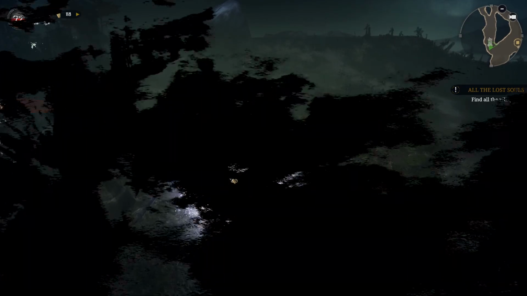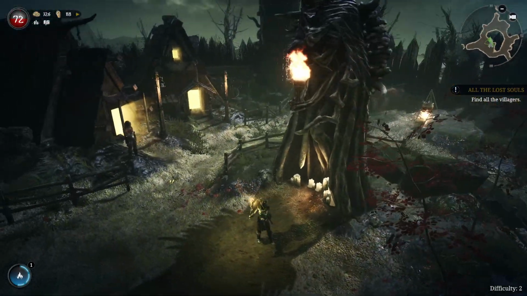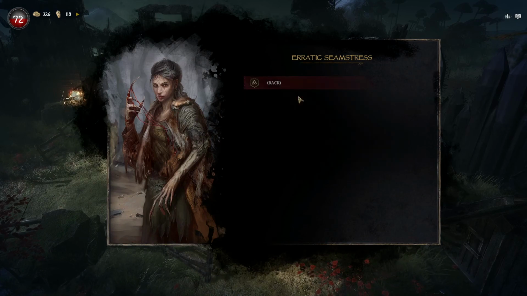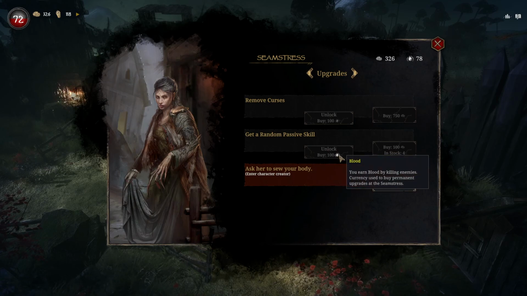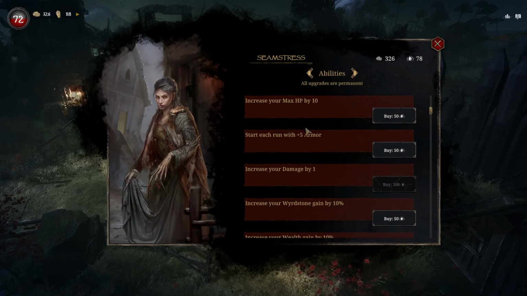And back to the village. Probably go talk to everyone. I think we've made some progress with silence. Do we have enough blood for a seamstress upgrade? Nothing to talk about. We do have enough blood for a seamstress upgrade. Nothing over there. We have to unlock it with 100. Remove curses. Okay. So that's how we would do it, but it does cost 750 gold, which we don't have anyways, so...